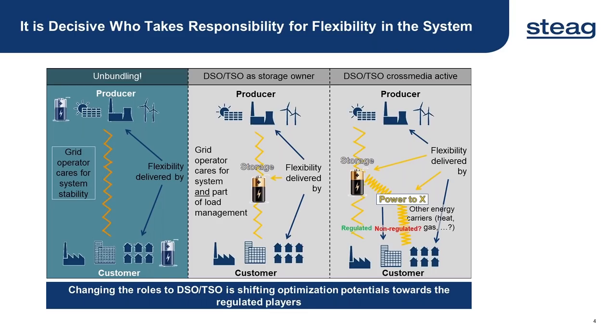Of course, in the last seconds flexibility is needed. But we see a development in the direction that DSO and TSO become maybe not really a storage owner, but halfway owner, if these fully integrated network components, for which the exemptions are widened or weakened,